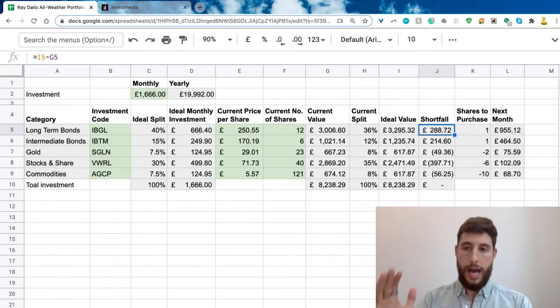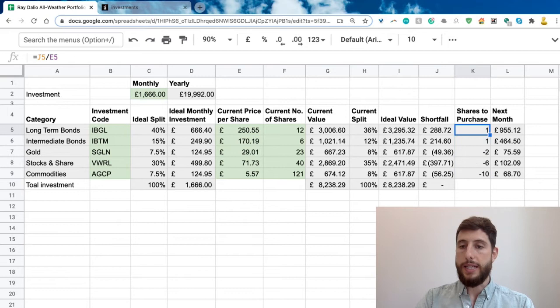So we've got to work out how many to buy. What this column is doing is calculating how many shares to buy to the nearest share. So in this example, it's saying 1 because one share is the closest value to this value. If it was like £490 here, it would say 2 and make you go slightly